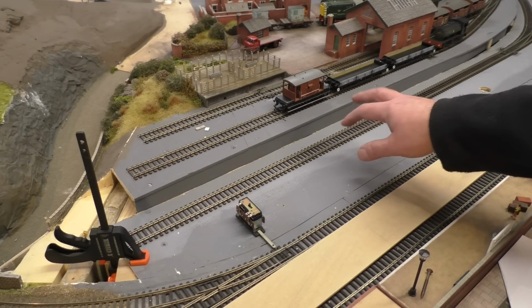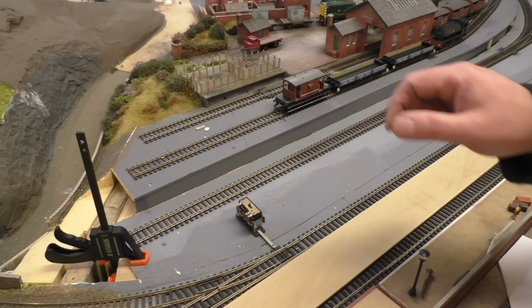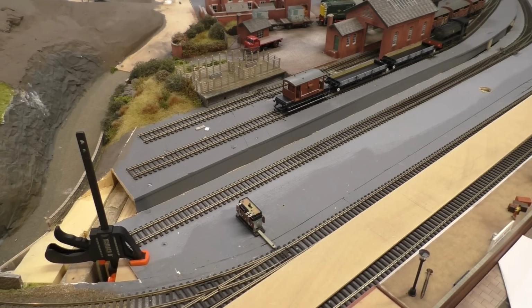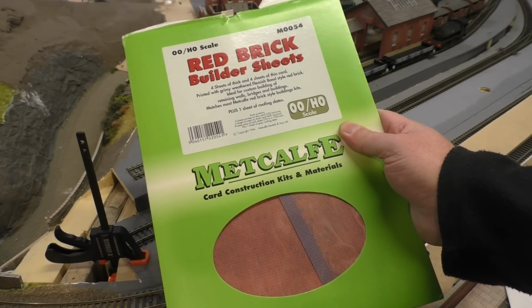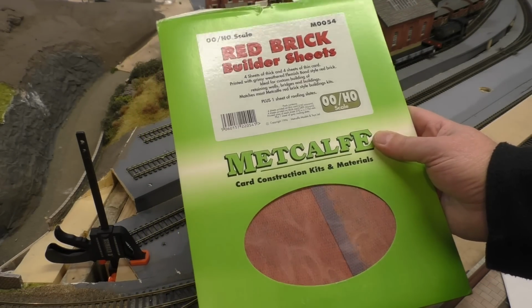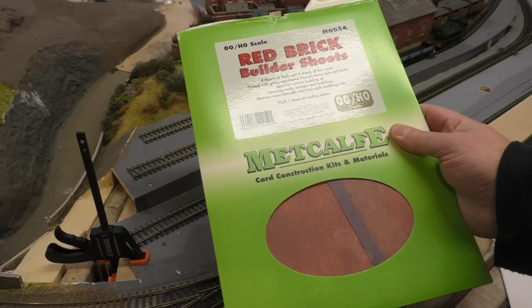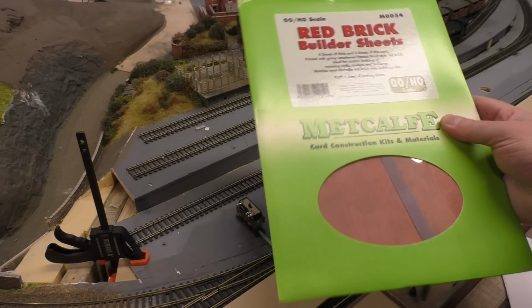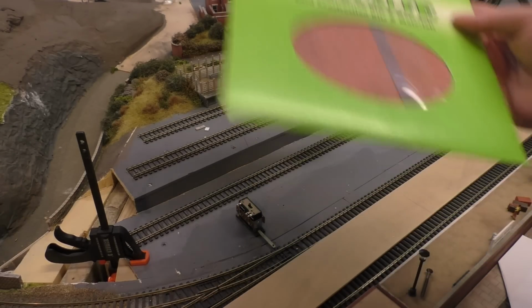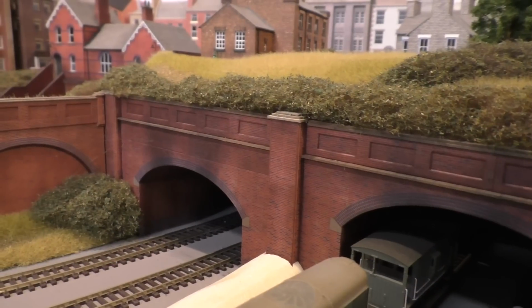So what I'm using to construct this retaining wall along here is the Metcalfe red brick sheet. So this sheet comes in two thicknesses. It's quite a thinner, almost papery type stock, and then there's a heavier weight stock. So I'll be using both, and I already went ahead and designed up a retaining wall which is